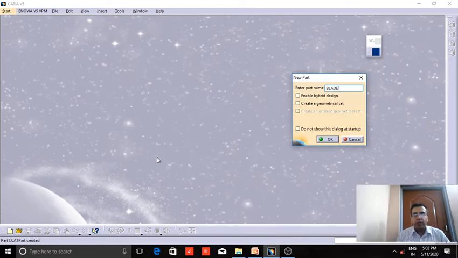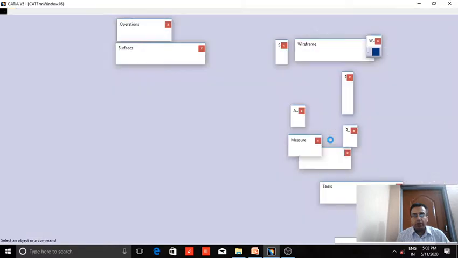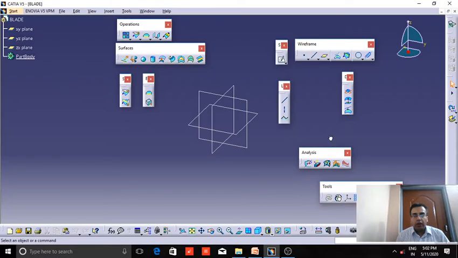So ये step basically क्या कर रहा है, एक new file open कर रहा है. The default unit of any file in the CATIA is millimeter. If required, we can also change it. To start our work, the software has given us 3 planes: front plane, top plane and right plane. So we will begin with the modeling of the central hub.